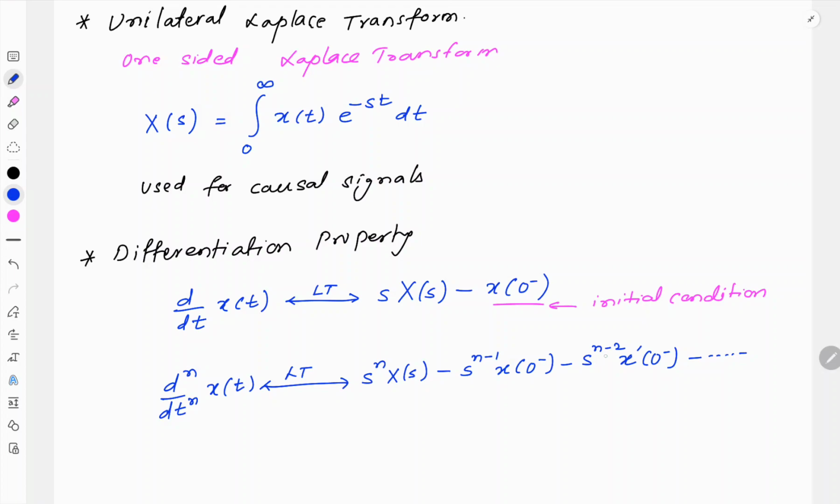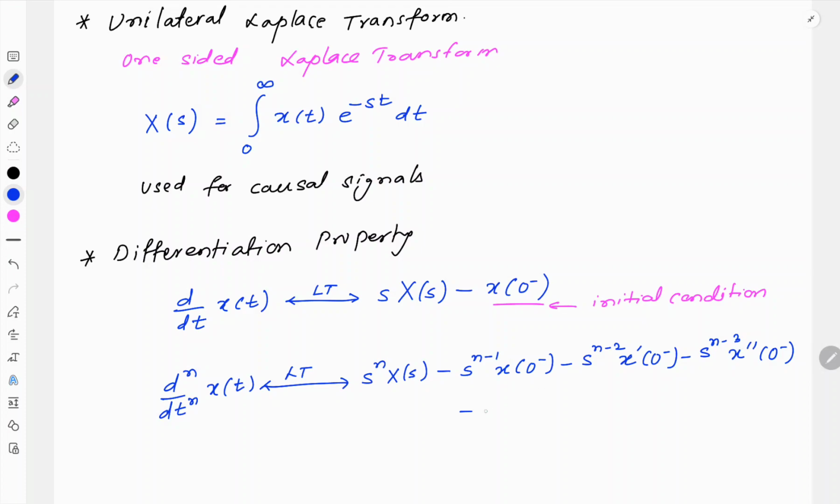the power of s becomes 0, so s raised to 0 will be 1, and x dash of, now here the order of, so we'll write one more term so that it will be more clear to everyone. So the next term will be s raised to n minus 3 x double dash of 0 minus, minus,